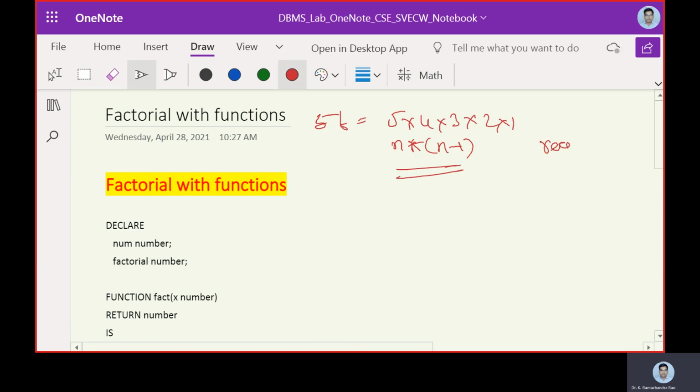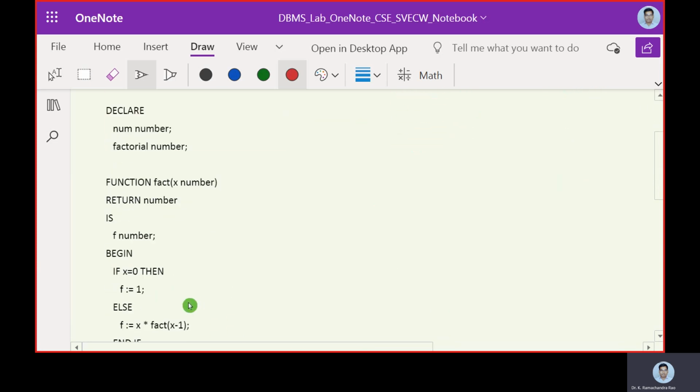So it goes with a recursion function. So how is this implemented in PLSQL? Now we have a declarative part, then we have number and factorial, both belong to number data type. This is data type, and number and fact, these are user defined variable names.